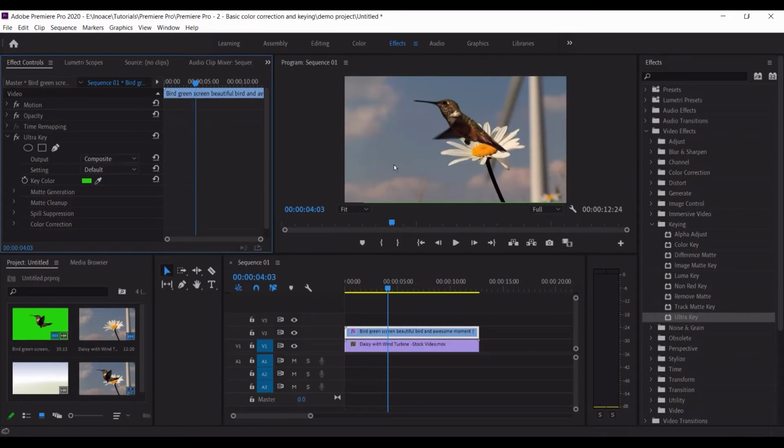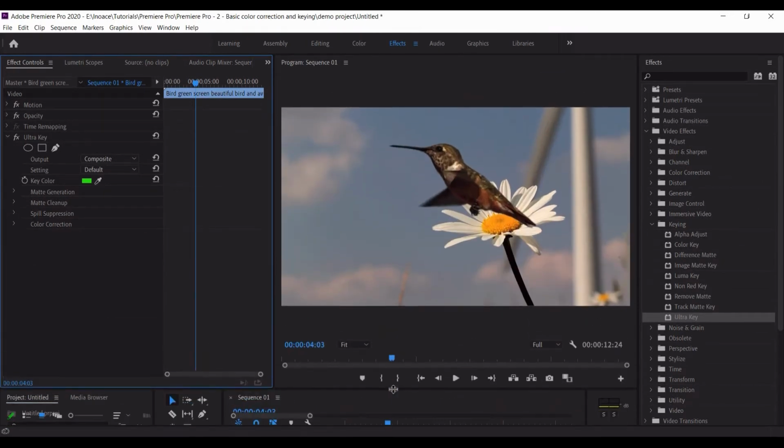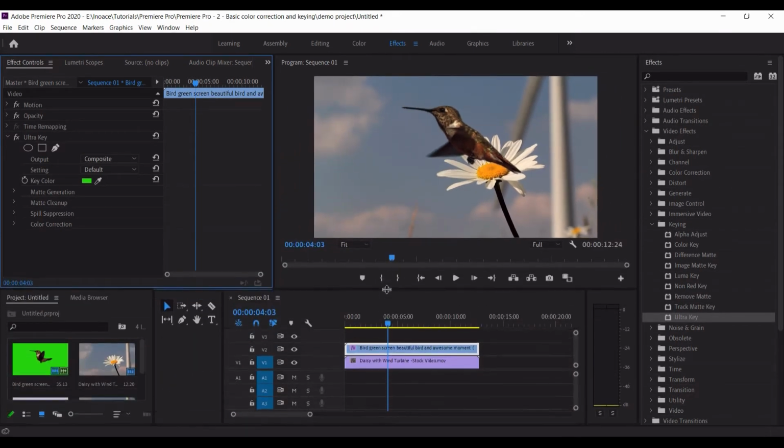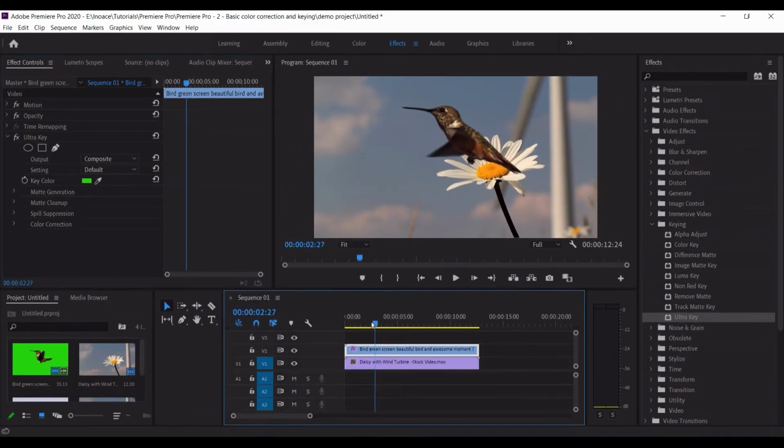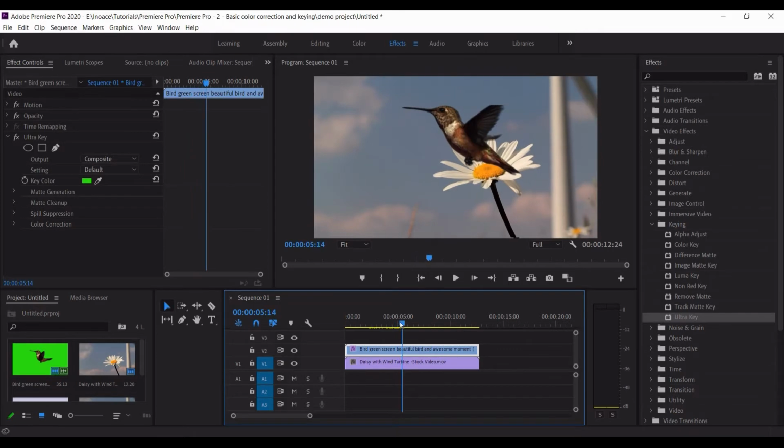and that's it. So the chroma is removed in a very good way, and let me increase the size, and you can see there is no hint of green color in this footage. We have transparency with the bird and we can easily manipulate it as per our liking.